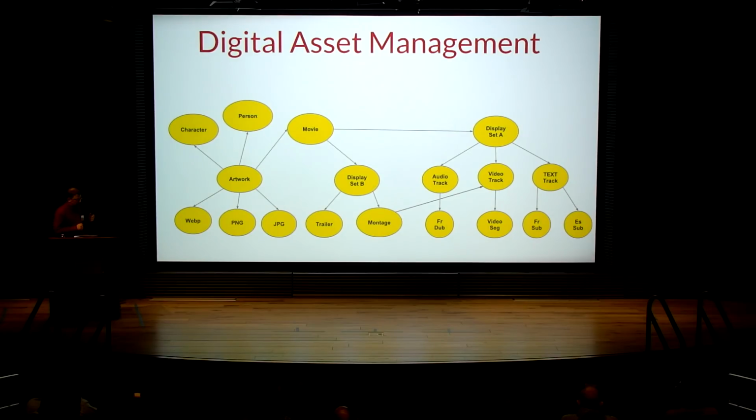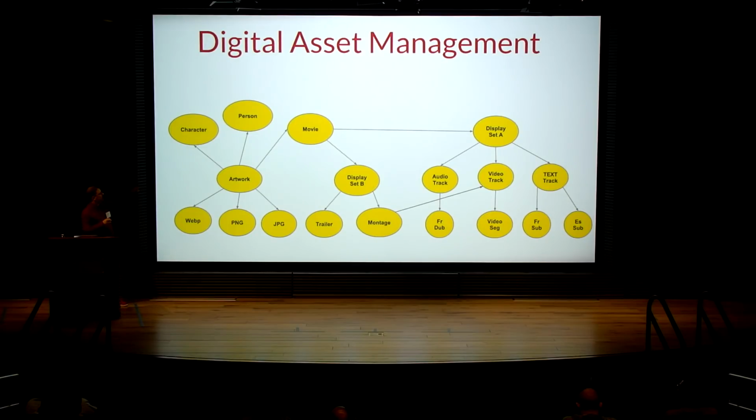Now I'm going to go over a few use cases where we have used Janus Graph. One of the use cases is digital asset management. Think about when a movie goes from the studios to the cloud: we have to take that movie and decompose it into assets. An asset itself can be, for example, the artwork, and that artwork can contain a character or a person. For example, I think last week we released Jessica Jones season 2, and who knows who the actor in Jessica Jones is? Kristen, great.